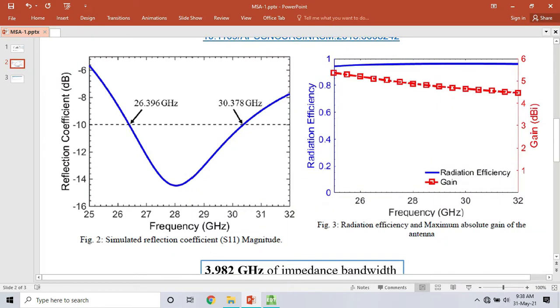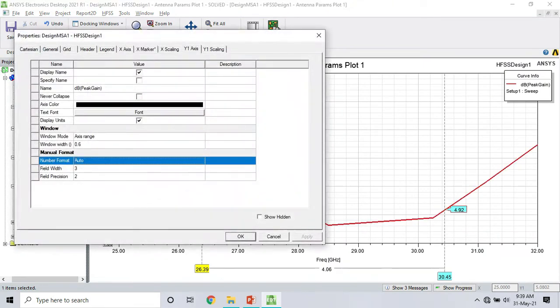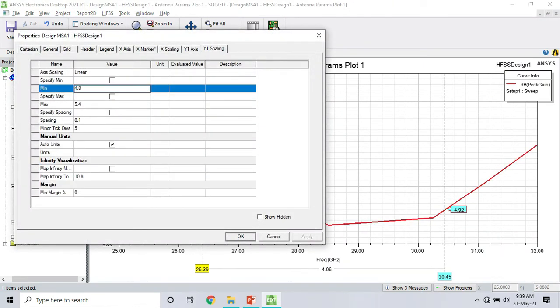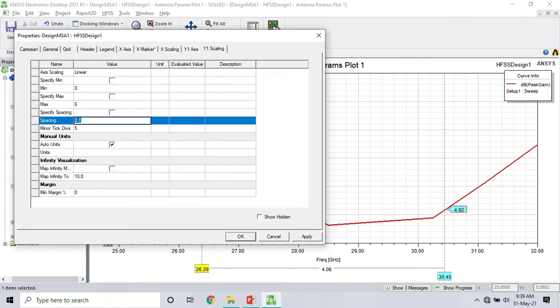Here in this paper we had this type of plot where the y-axis had divisions of 1, 2, 3 with spacing of 1. So we can also create that and try to match it visually. So just double click on it, y1 scaling, minimum 0, maximum 6 with spacing of 1, right, apply it.